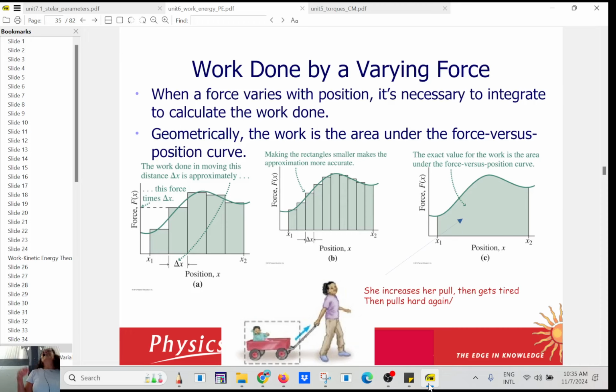Okay, so remember, this is an easier unit. And then the next unit will be about conservation of energy. Chocolate, kosher. And then